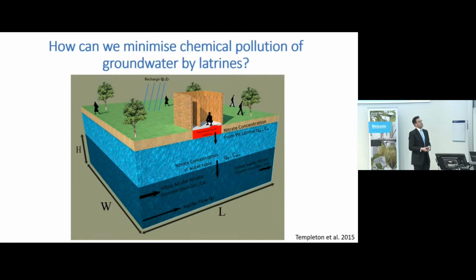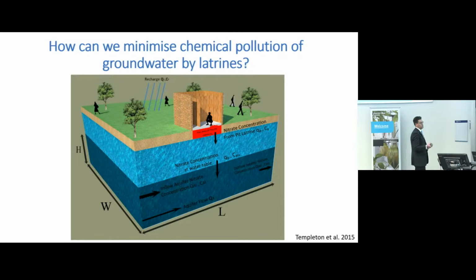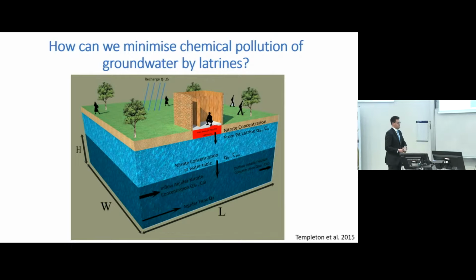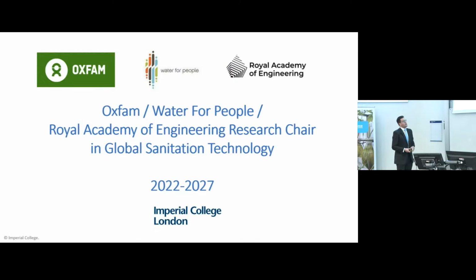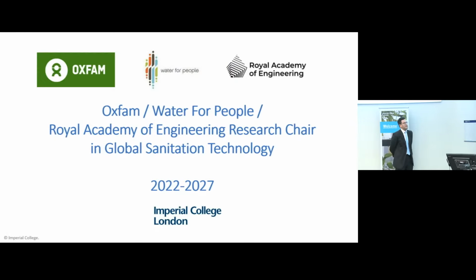But it's an interesting area, and I've seen in a number of countries where I work in West Africa and also in Nepal, where it's a big problem, actually. They have very high levels of nitrate in their groundwater, which is used as drinking water. And it doesn't come from fertilizers or anything. It comes from latrines nearby. And so some of these different sanitation challenges are part of the reason why we've got this new research chair, which has been funded.